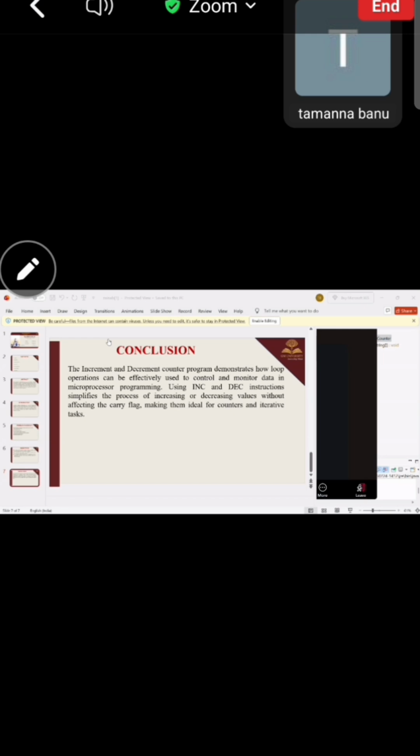This counter plays a key role in components like the program counter, address register, and loop control units, where precise and efficient counting is required. Overall, the increment decrement counter enhances the functionality and performance of a digital system by enabling smooth and reliable